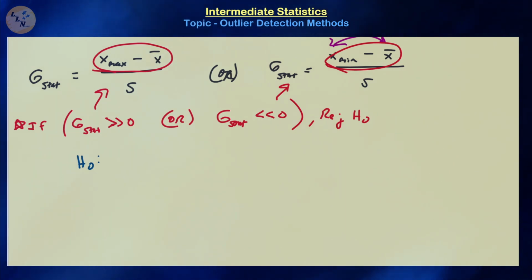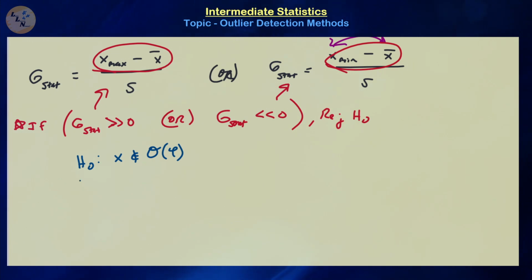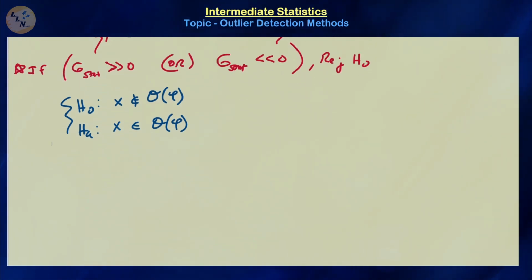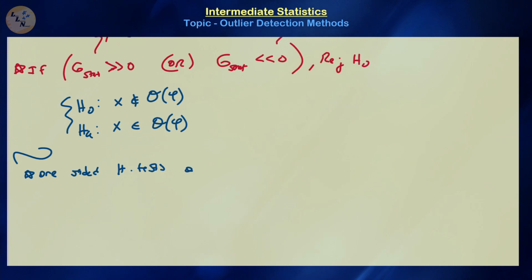Because we want to reject the null hypothesis if our test statistic is greater than a critical value, right? So our null hypothesis we're going to be choosing as X is not an outlier of the distribution, with a two-sided alternative that X is an outlier of the distribution. Right? So technically these should be one-sided tests, right? So these are going to be one-sided tests, on a T(n-2)